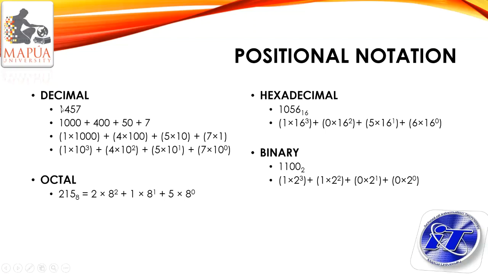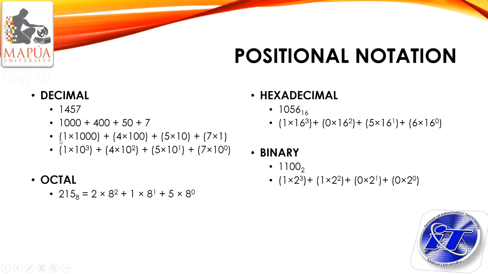So we multiply a certain power of 10 to get to this position, same as with 4, 5, and 7. So how do we get 1,457? By adding 1,000, 400, 50, and 7. And how do we get 1,000 based on 10? Since 1,000 is divisible by 10,